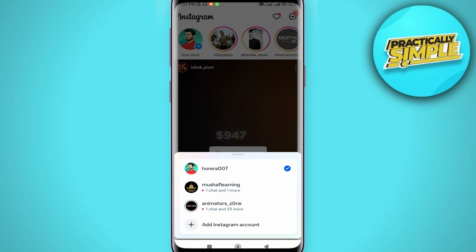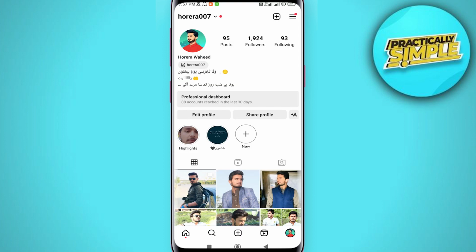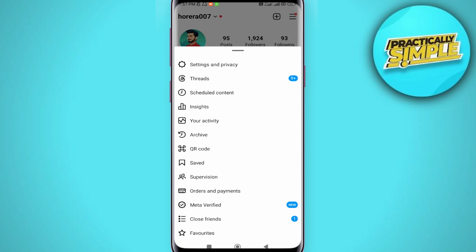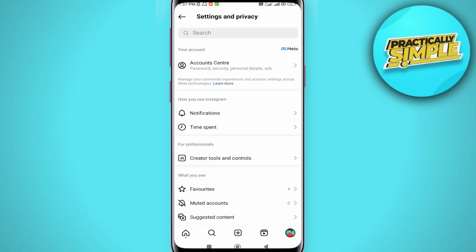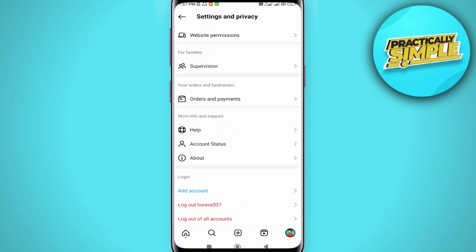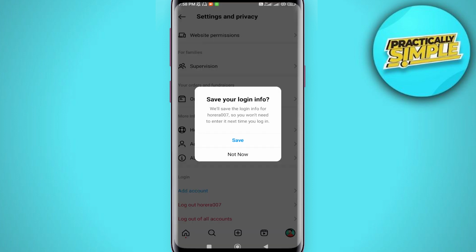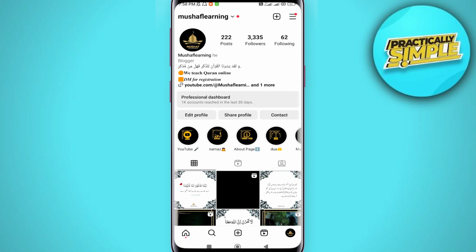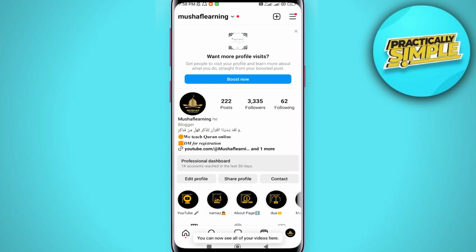So what we can do is just click on our profile icon and tap on the upper right corner of the screen and just tap on this settings and privacy. From here you want to scroll down all the way to the bottom and just log out from your account. Just log out, or as you can see you are already logged in to the other accounts that are logged